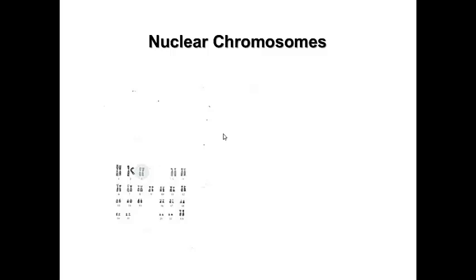So now let's look at another karyotype right here. This is a much more basic karyotype. It's not one that was made with fluorescent in situ hybridization, or FISH. It was one that was made with a type of stain called Giemsa, which they mention in the book, and it just creates this monochromatic banding pattern, sometimes called G banding in the laboratory.